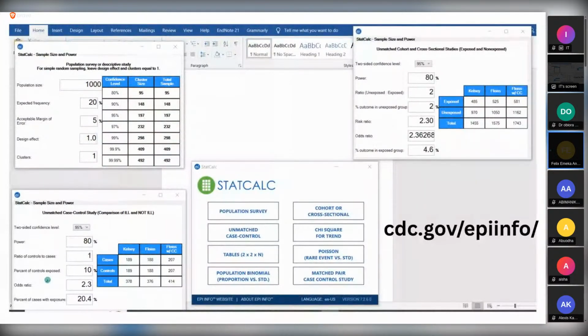Then design effect. Design effect is not compulsory. Okay? Design effect simply means that you want to multiply whatever minimum sample you have. So if the minimum sample is 200, you want to multiply that 200 to 400, then you can increase the design effect by 2. It depends on you as the researcher. Design effect is not compulsory. You can leave your minimum sample the way it is. Whatever it calculates for you, that's what you're going to use.